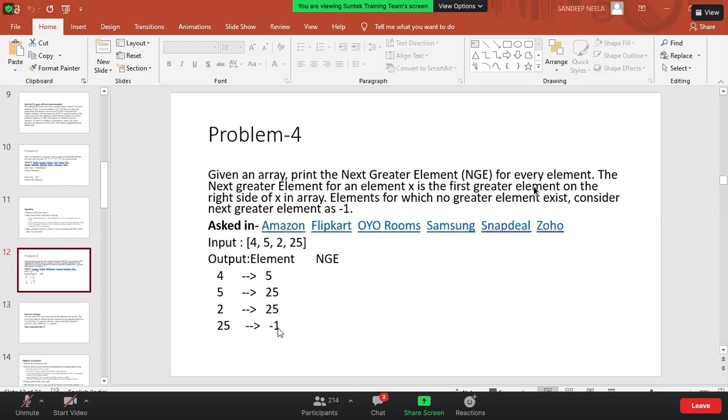So we will pop out the element. We have given 25, so until we reach 25, we will pop out the elements. After reaching 25, for whatever element is popped next, we will check the condition: if the popped element is greater than the given element, we will print that one. We will go until the bottom of the stack, and if the stack is empty, we will print -1 as the element.